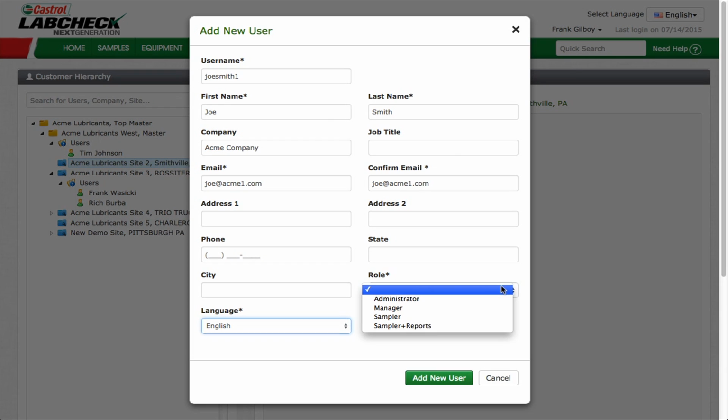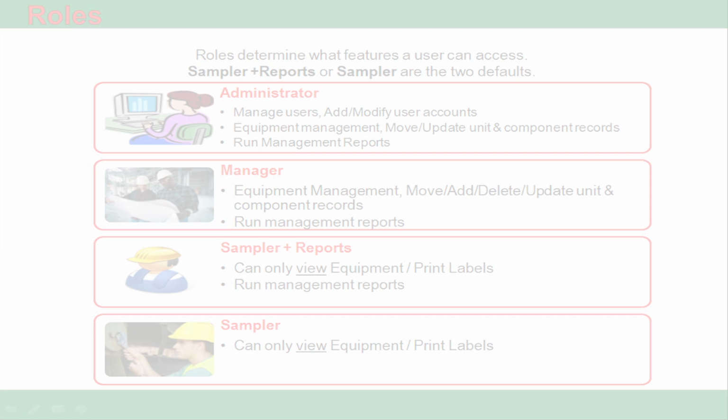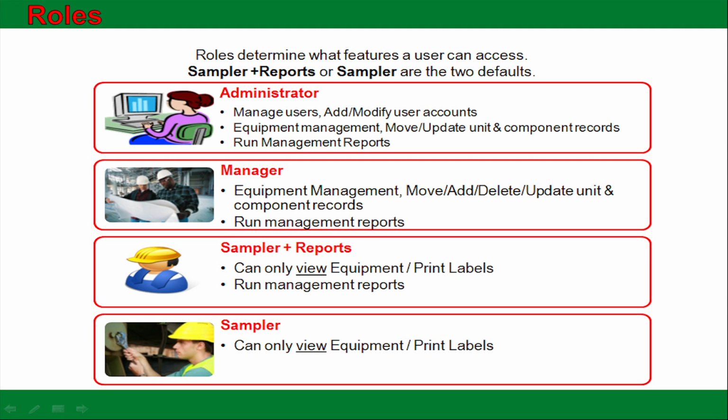A role is simply what a user is able to do while logged into Labcheck Online. There are 4 roles to choose from, plus you can create custom roles as well. Again, a role is simply what a user is able to do once logged in. For example, Sampler Plus Reports is the default role in our system. The Sampler Plus Reports role is a view-only role, so a Sampler Plus Reporter is a user who can view